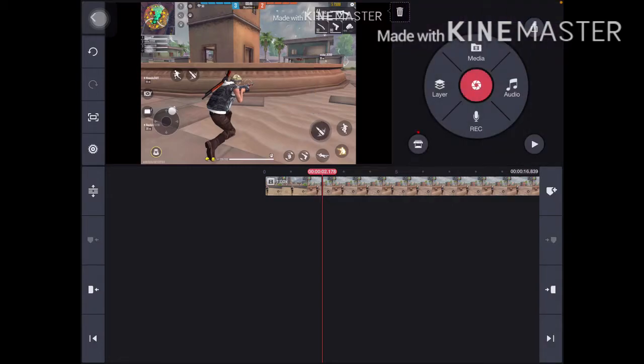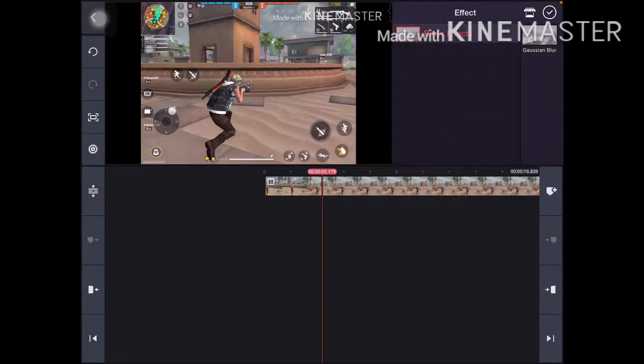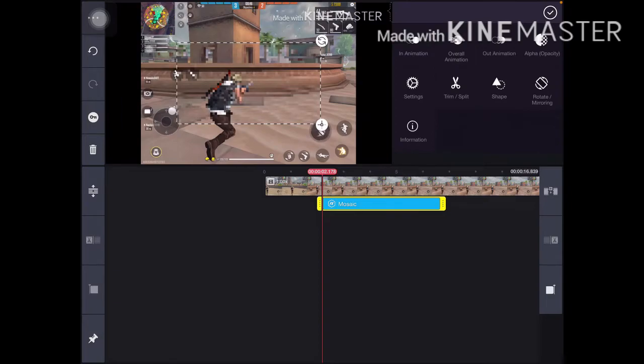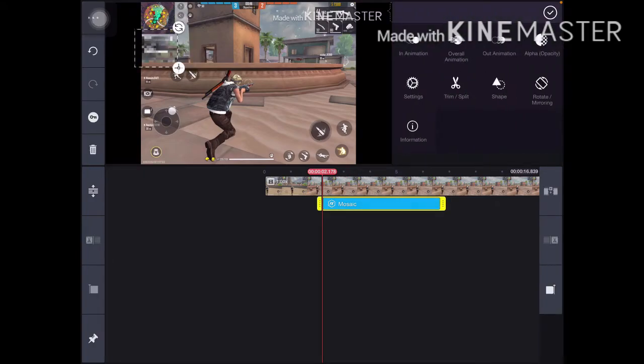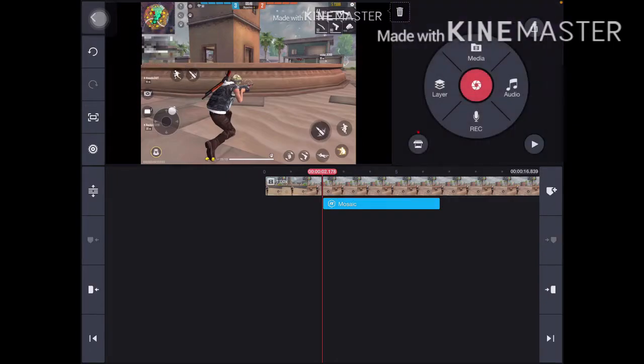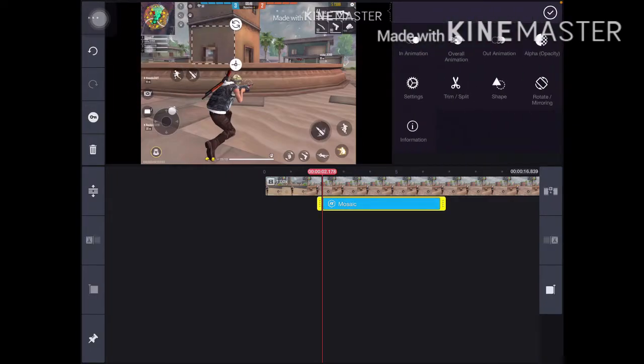I will delete this one, then again layer, effect, then basic effect, then mosaic. So this one is a very much effective blur effect. So here no one can see what is happening, not even anything. So I will put it in all the sides. So see, we can't even see properly the whole video. So you can put it in the area where you want to blur,